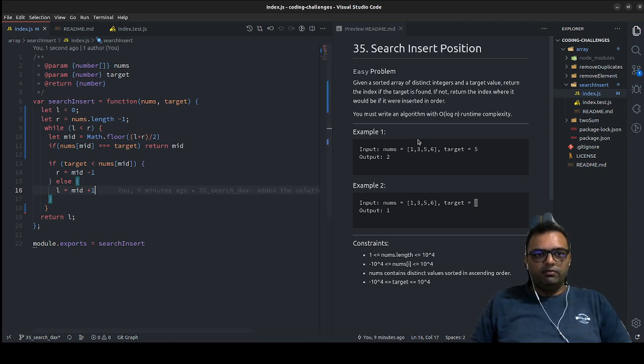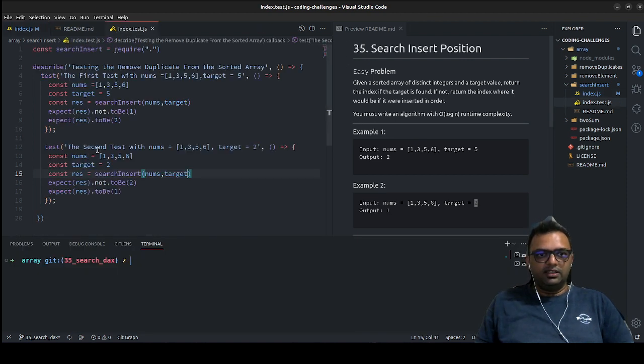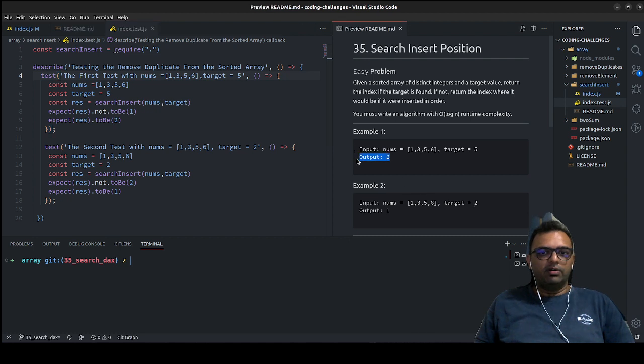And when we go for a run, how would we run this? I have already written the test cases for the same, which showcase that if we want to find the position, we would get the value of 2, which is the expected value, and we would get our output according to our requirement, which is this one. So when we run the test,